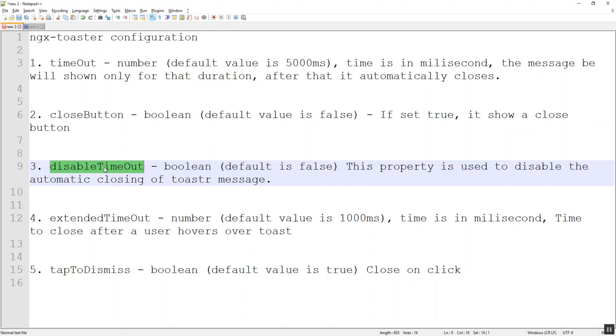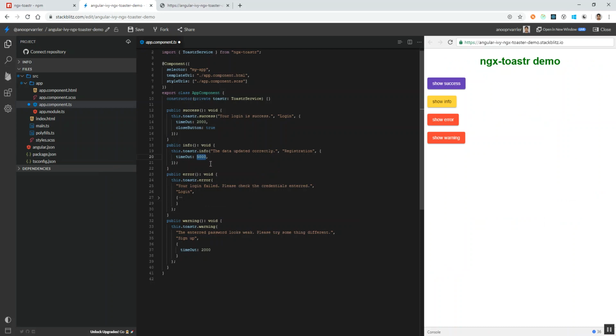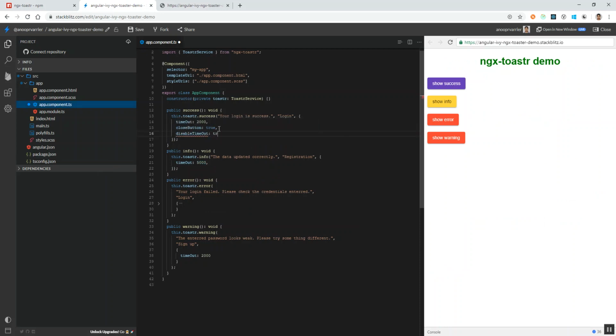So we will copy this property and place it just below the close button, and I am setting that to true. Here, if you see, until the user clicks the close button, it won't get closed.